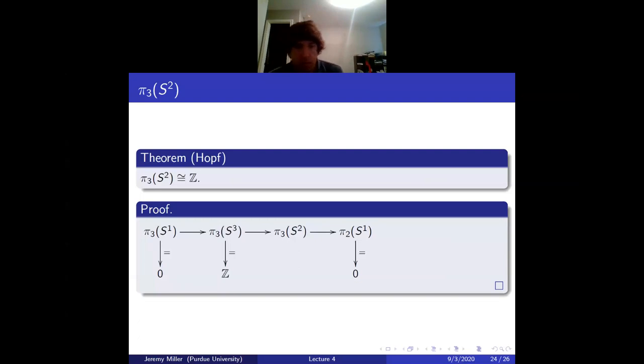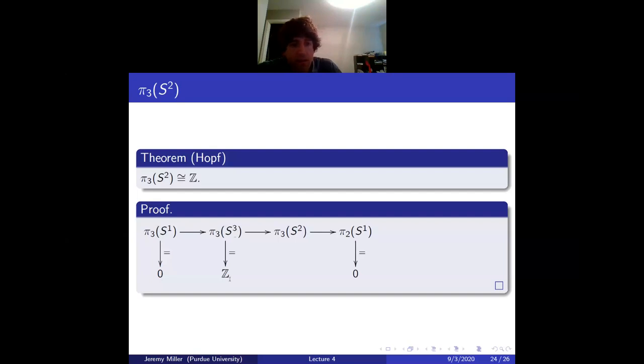So if you look at the long exact sequence, we get pi 2 of S1, which we just said was 0. Over here, pi 3 of S1, which we said is 0. And then we get pi 3 of S2 mapping to pi 3 of S3 mapping to pi 3 of S2. So this proves that this map is an iso, and then pi 3 of S3 is Z by the